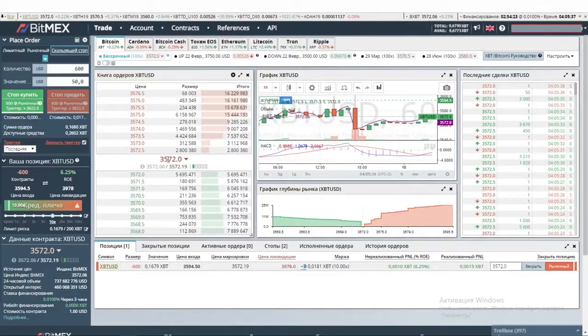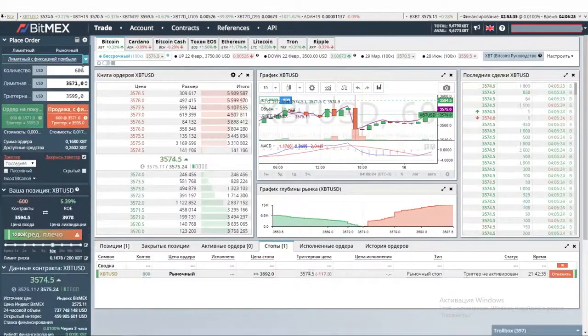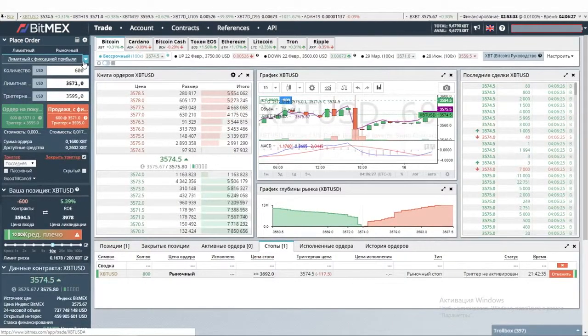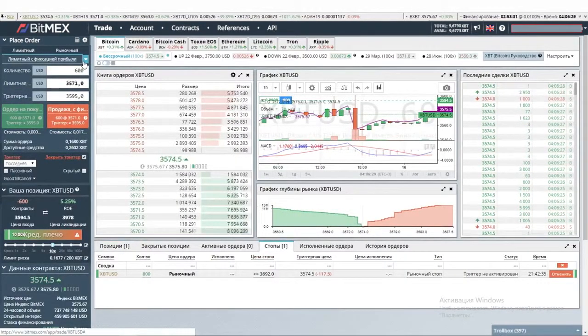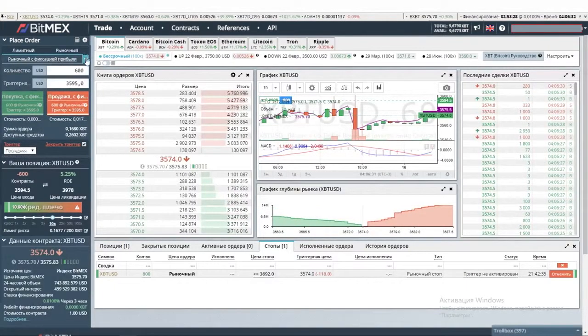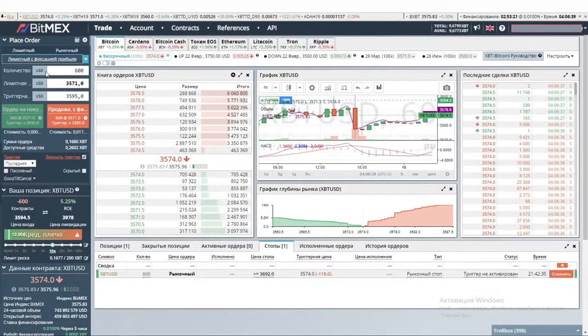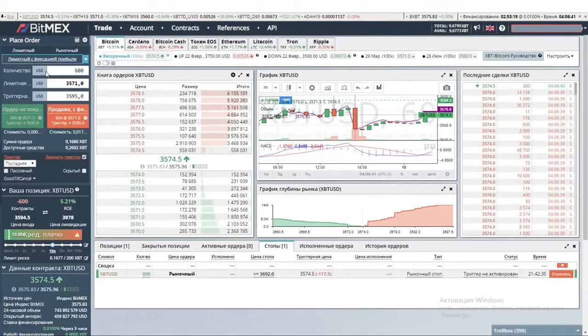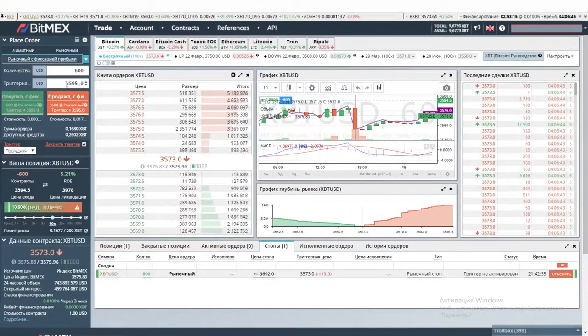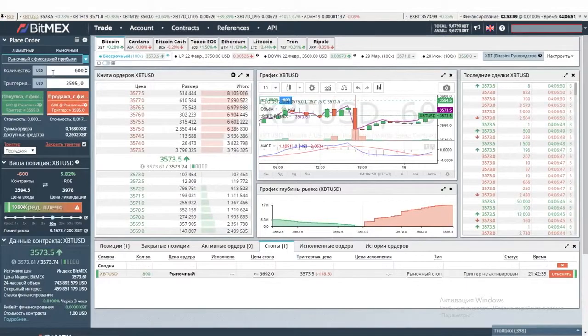Now let's move to the two most useless orders, limit profit taking and market profit taking. I will not talk about each, I will tell you about one, and you in principle will understand. As limit and market work roughly equally, I'll talk about market profit taking. This is nothing more than a stop loss, the usual market stop loss, which is inverted in the opposite direction. For example, if you open a market stop, we will indicate the price of the stop